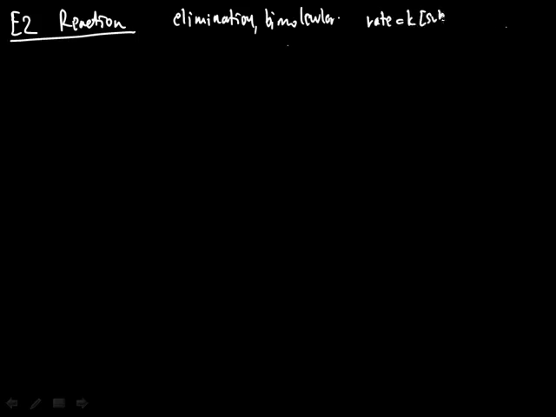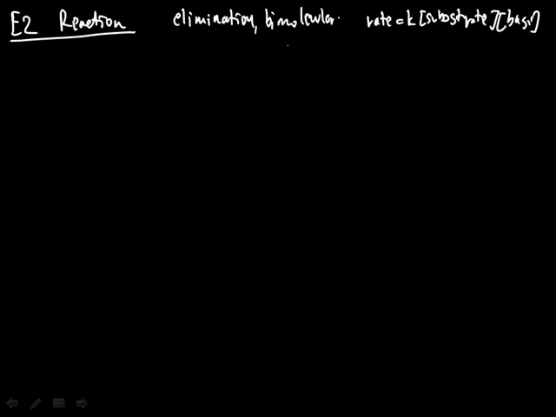the E2 reaction. The difference between E1 and E2 reactions is relatively similar to the difference between SN1 and SN2 reactions, in that E2 is elimination bimolecular, which means that the rate law involves not only our substrate, but also the base that is used to deprotonate. The other consequence of the rate law is that it's a single-step reaction in which both base and substrate participate